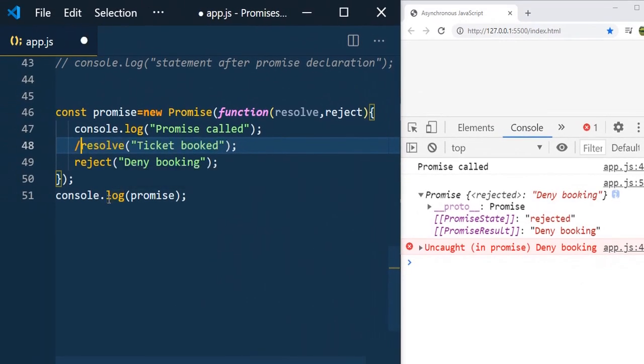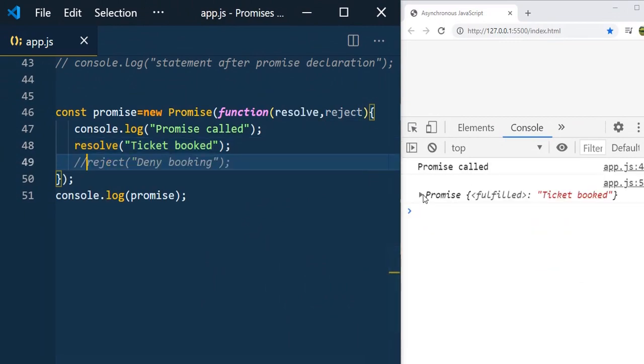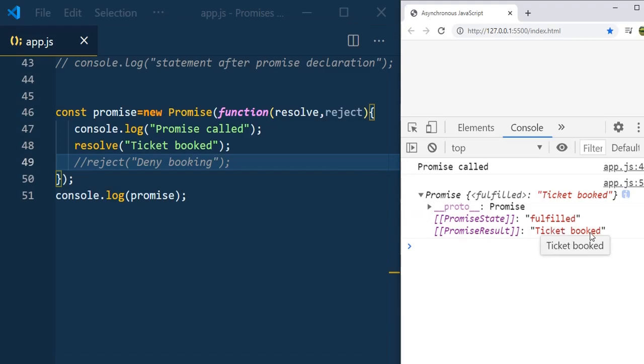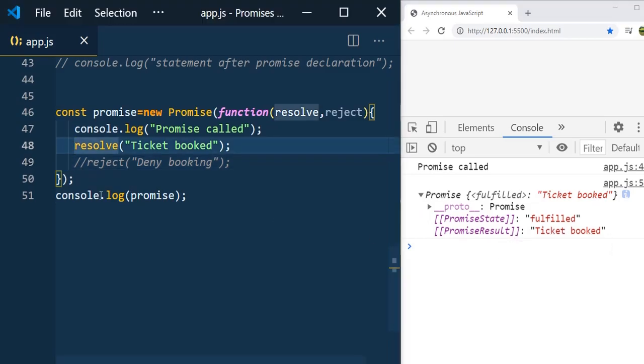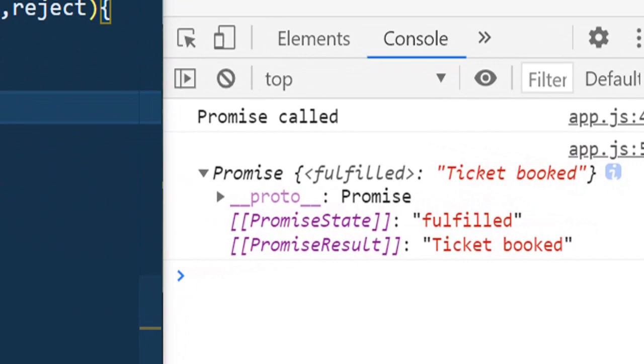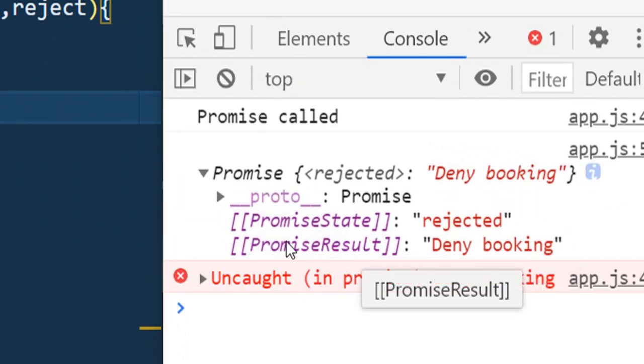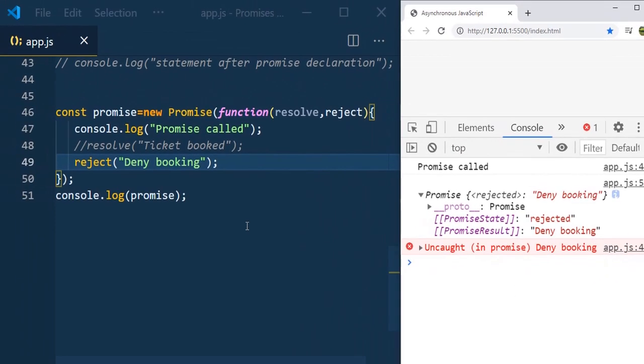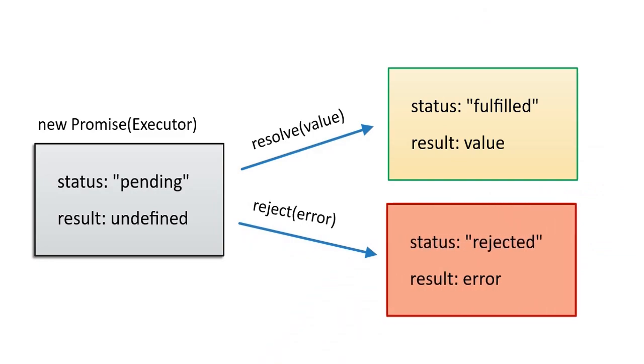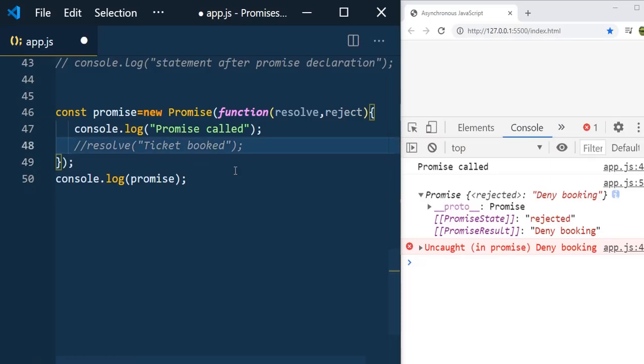Whereas in the earlier case, the promise result was ticket booked. In case of reject, whatever we pass to the reject method will be the promise result value. This is how a promise has different states: starting from the pending state, then the fulfilled state, and the rejected state also. Let me uncomment it.